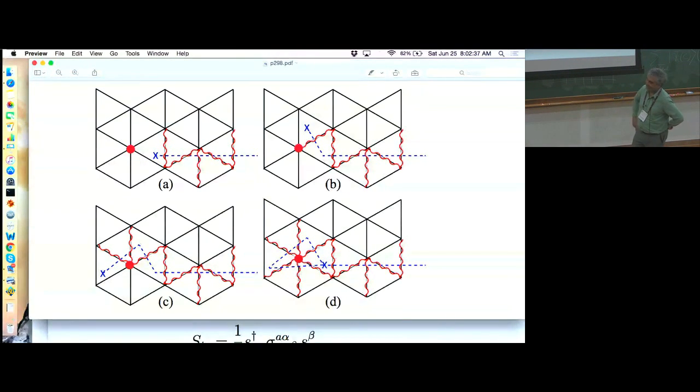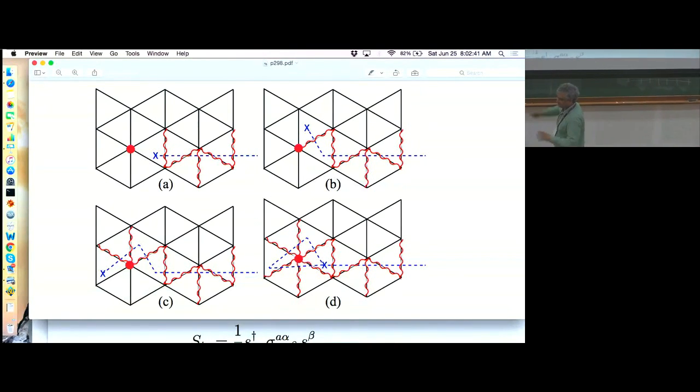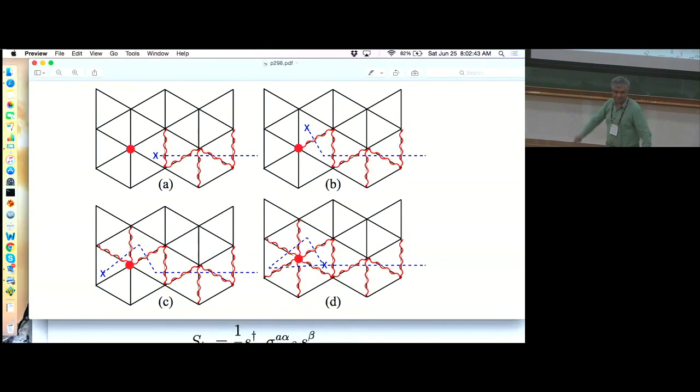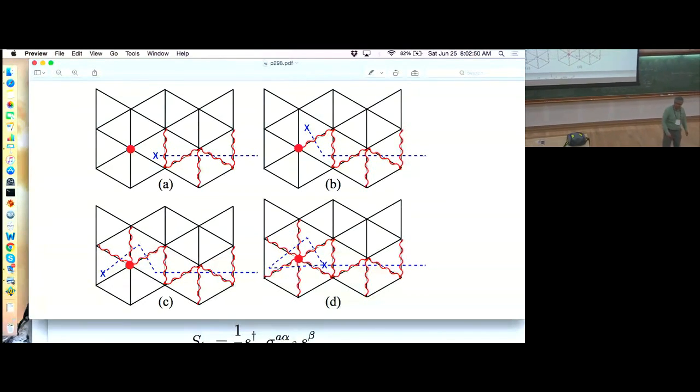Okay, so that's the flavor. I know I haven't explained it, but I'm really too tired to explain it. I suspect you are too tired to listen to the details. But that's the idea, and of course you can do this much more carefully with an actual calculation, which are in several of my papers.